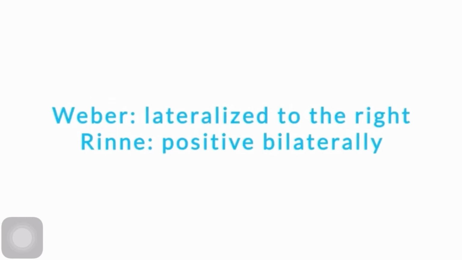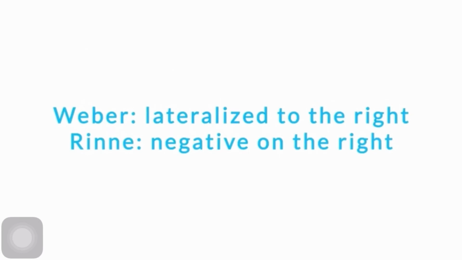Now Weber's test shows lateralization to the right. So the right ear can be the normal ear and there can be some sensorineural hearing loss in the left ear. So thus the sound can be lateralized to the right. Or there can be some conductive hearing loss in the right ear and thus the sound has been lateralized to the right. Now let's come to this Rinne's test. So it says that it is positive bilaterally. That means here there is no conductive hearing loss. So we come to the conclusion that the right ear is the normal ear and there is some sensorineural hearing loss in the left ear, and thus the sound has been lateralized to the right.